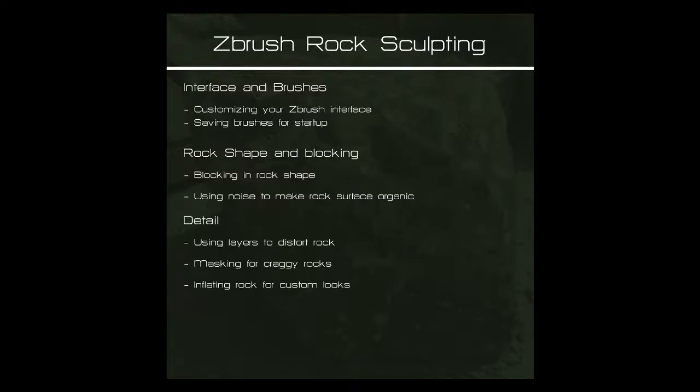Then we'll get into detail, using layers to distort your rocks, masking areas to make craggy surfaces, which I'll explain when we look at the reference. Inflating your rock for custom looks as far as getting craggy surfaces and stuff like that, because the craggy rock seems to be the one that kind of throws people. The craggy rock was a surface that I did a lot for Ninjago,